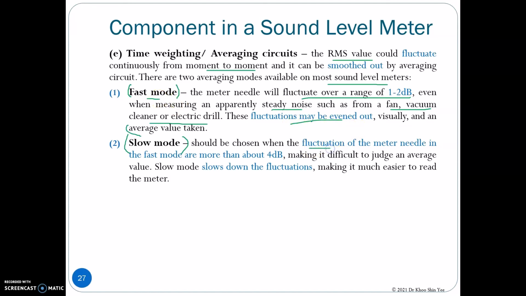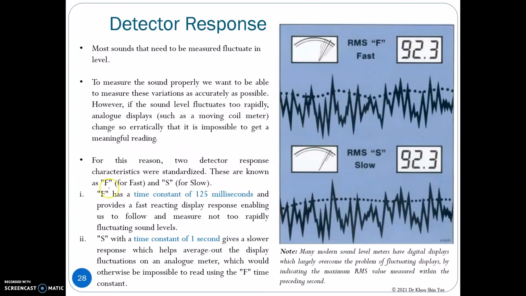When the fluctuation of the RMS value is more than 4 dB, fast mode is no longer suitable. We need to use the slow mode of time averaging. Simply put, the slow mode slows down the fluctuation, which makes it much easier to read the meter. Fast mode is normally labeled F on the sound level meter, while S is the label for the slow mode. Normally we choose the fast mode, which has a time constant of 125 milliseconds,